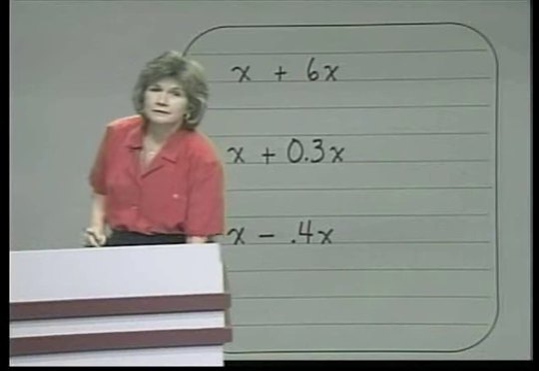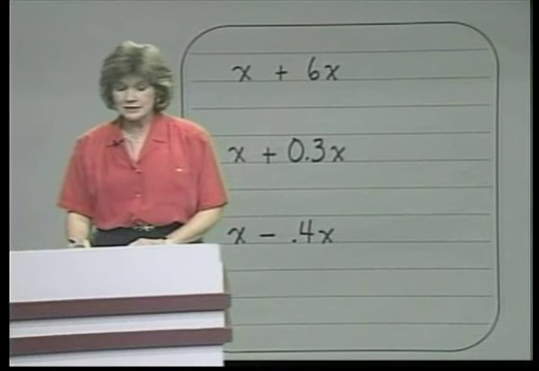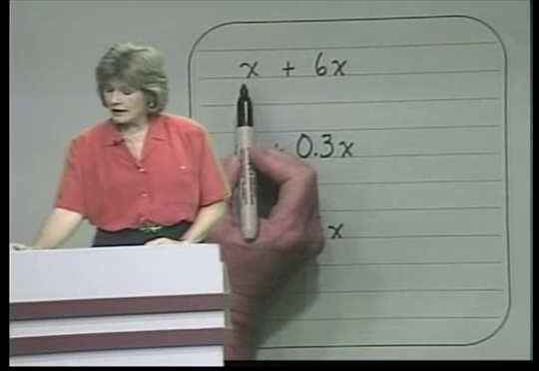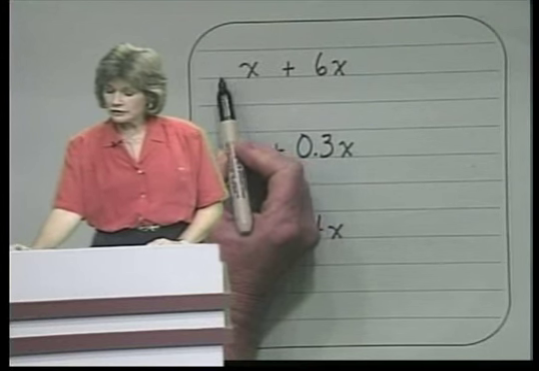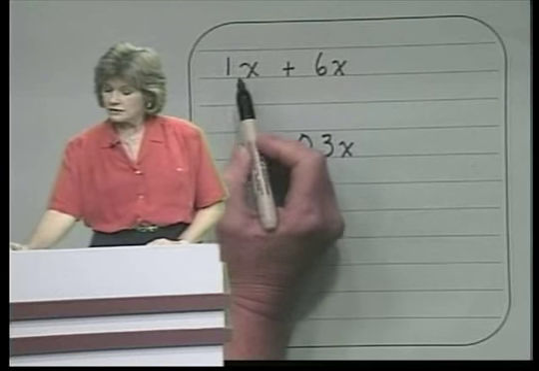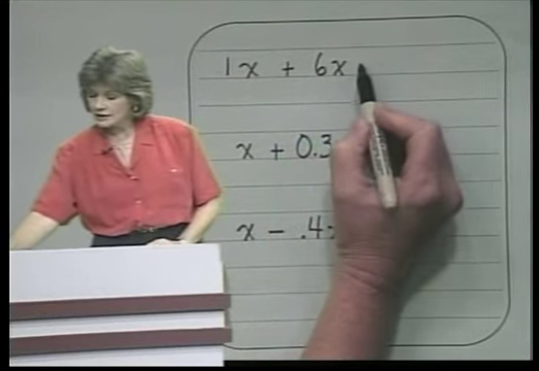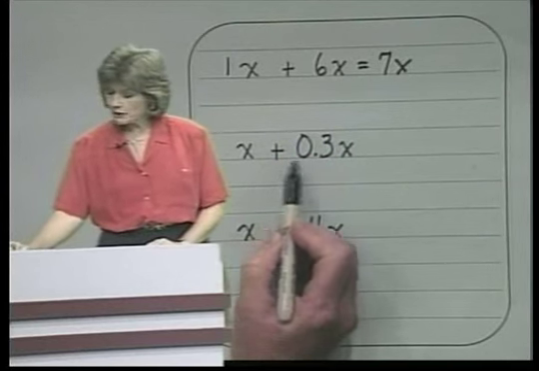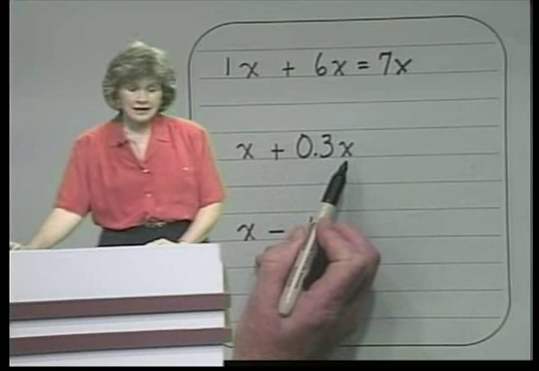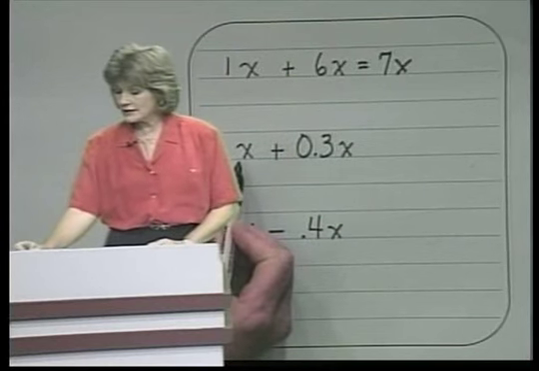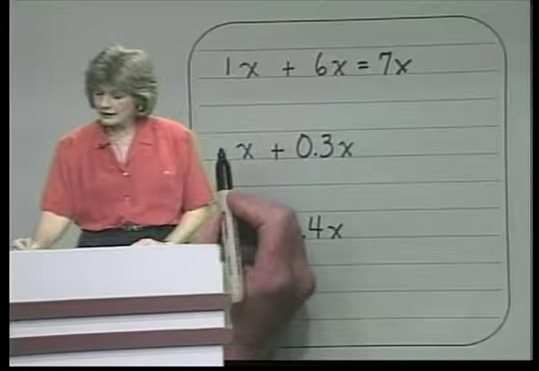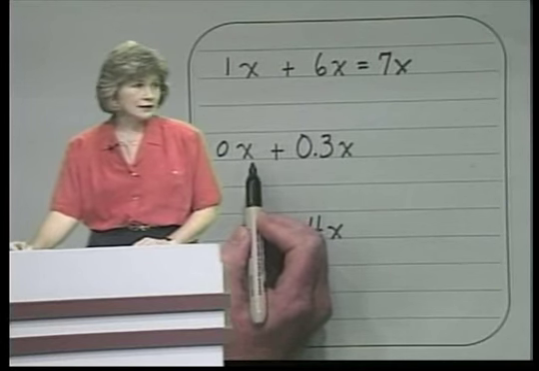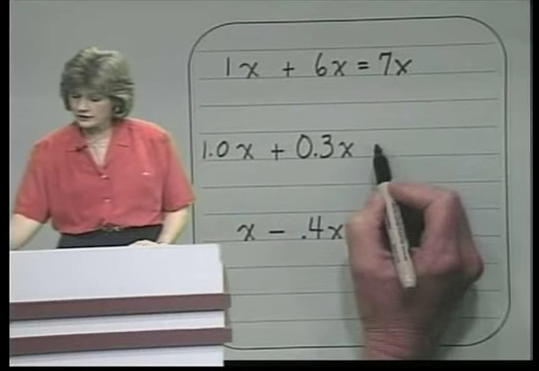Let's look at a few more. What about x plus 6x? If we look at x, that has an understood coefficient of 1. So 1x plus 6x will give me 7x. What about x plus 0.3x? In this case, the coefficient of x is 1. We might want to write it as 1.0x. That still means 1x. And 1x plus 0.3x is going to give me